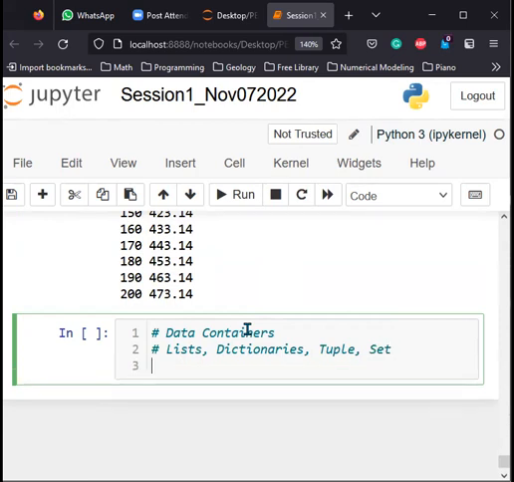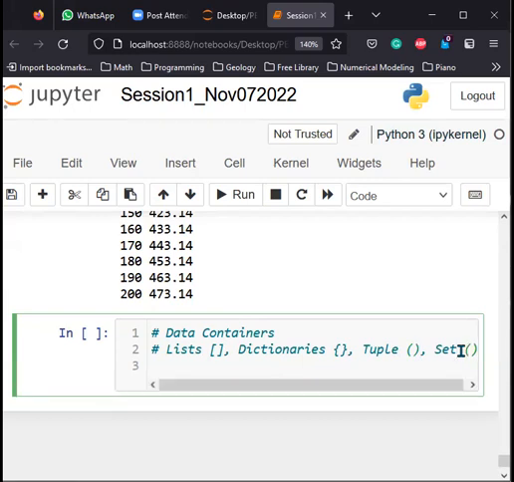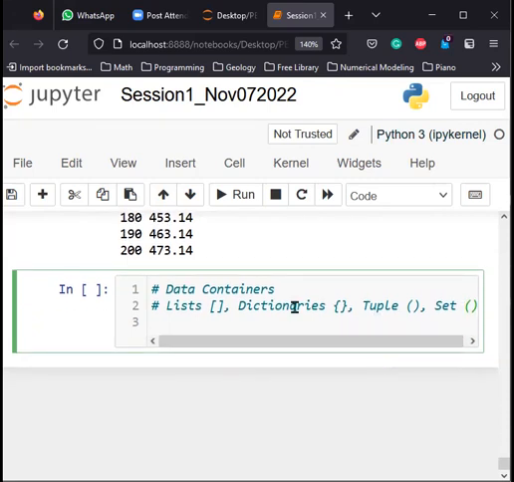And Python uses very specialized parenthesis system to recognize them. Lists are recognized by their square brackets. Dictionaries are recognized by their curly brackets. Tuple is recognized by general parenthesis. Set is also recognized by general parenthesis. Today, I will only talk about lists. The other ones, up till tuple, we will discuss